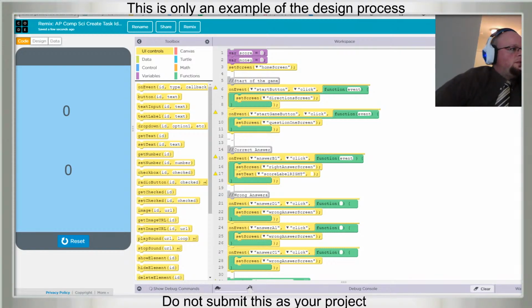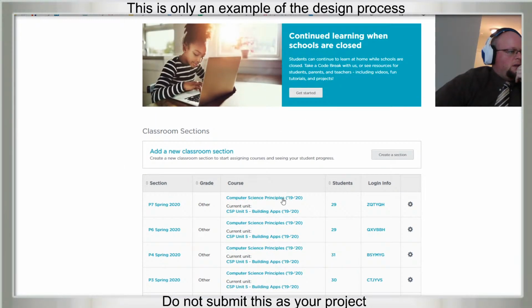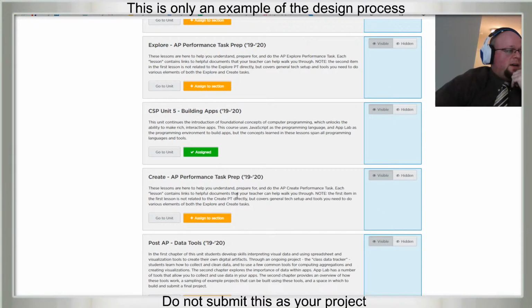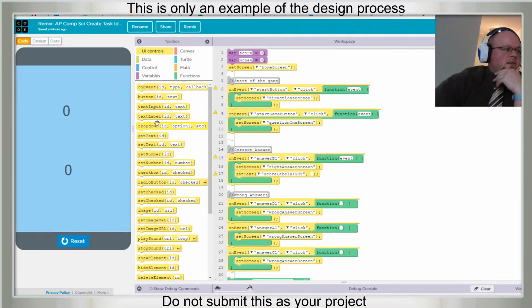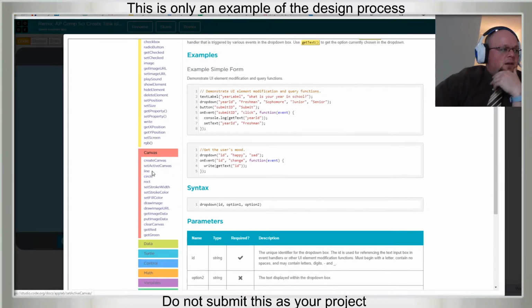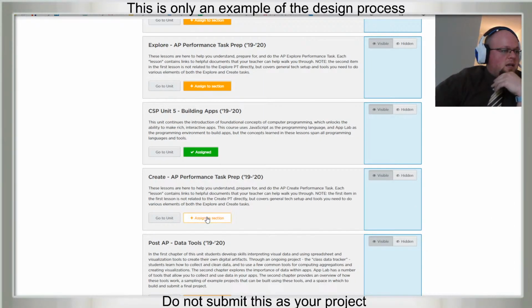You know what? I'm just going to go ahead and open it now, and we'll see what the consequences are. I don't think anybody is doing their work in the Unit 5 app, and you've had plenty of time to look back at that unit for the lessons that have all the tools you might be using in your app, plus there's what's called documentation for every single block that you might want to use, explanations and examples. So I am going to go ahead and assign this section